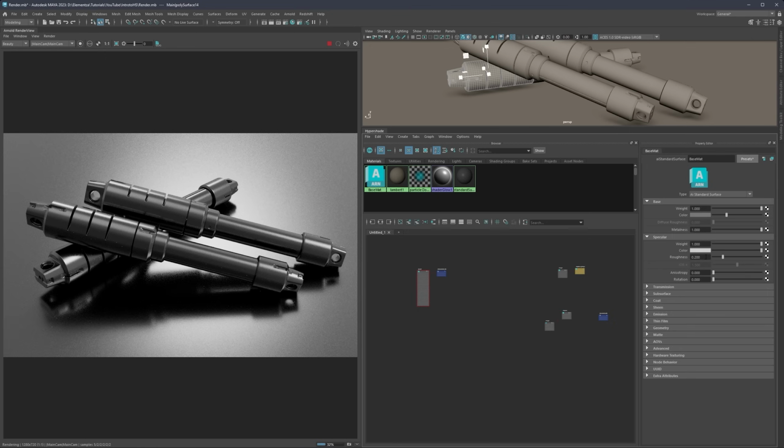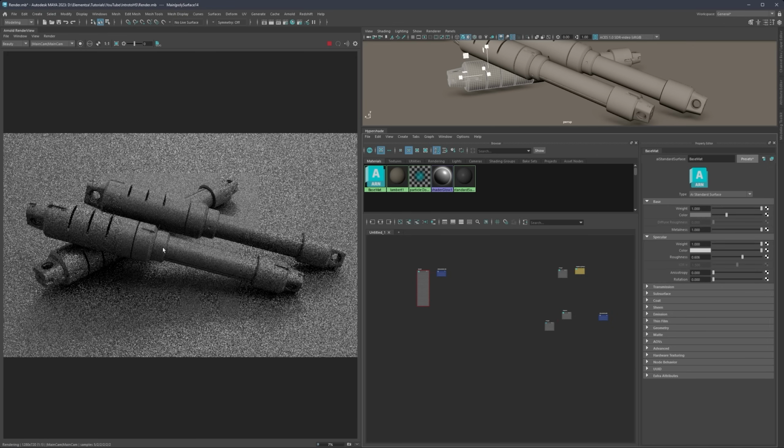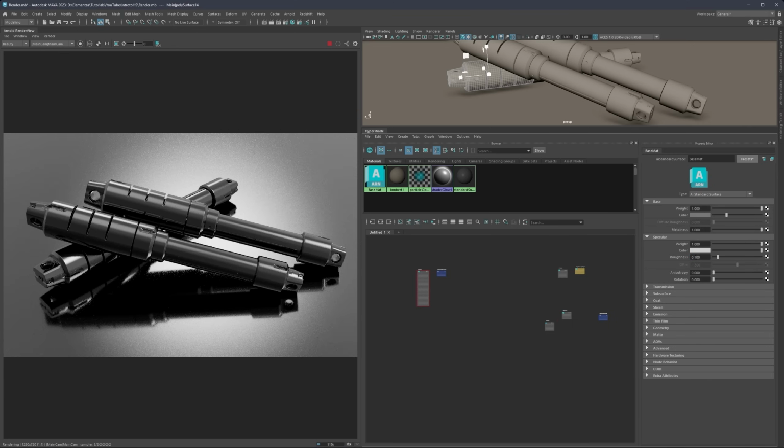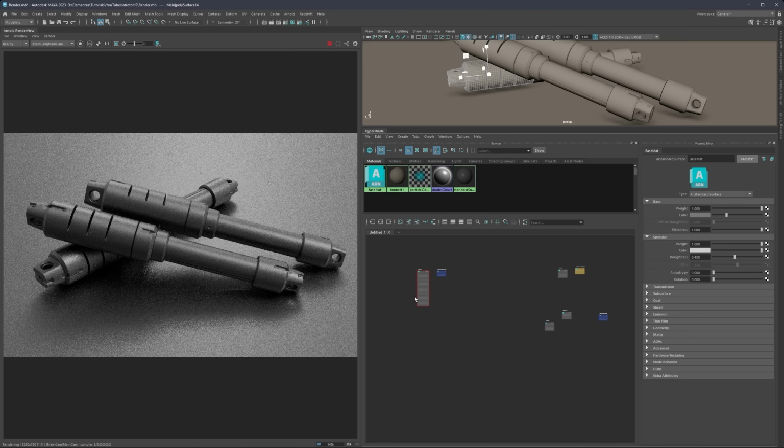Now the roughness itself is currently set to 0.2. If we set this all the way to 0, that simply means that we're going to get a fully shiny material. And if we increase that, let's say, to something like 0.6, then we're going to get more of a rougher material. So this is going to be dependent on which type of material we are trying to achieve. Usually, let's say if you're trying to get some kind of chrome, it's going to be between 0.1 or 0.15. Or if you're trying to get more like gunmetal stuff, it's going to be more like, let's say, 0.45 or something like that. So these are kind of like two values that we're going to use